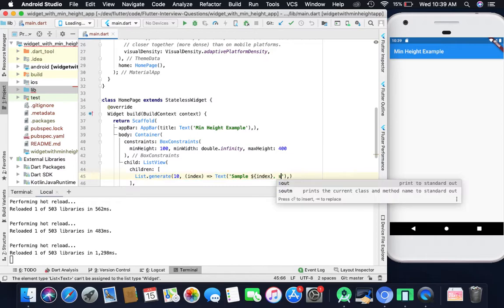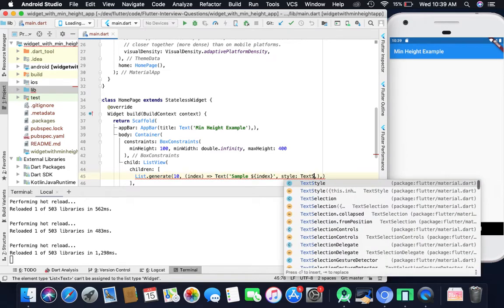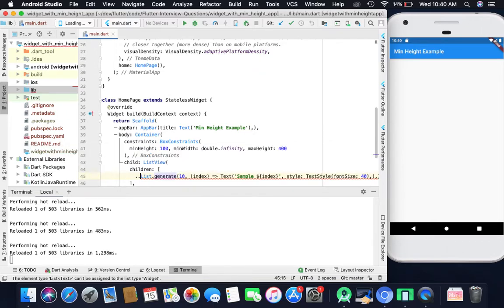Let's give some style to it, TextStyle, and the font size is around 40, and this is giving an error just because we are not adding these three dots operator.